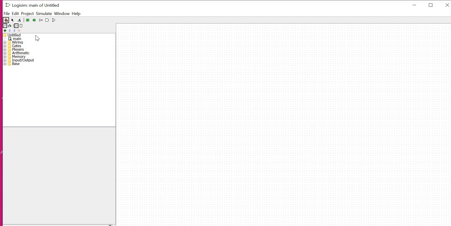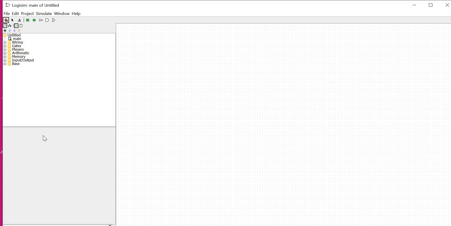Here on the left side of the Logisim window, you can see 3 windows. The first window consists of all the modules. Here you can pick any module, any gate or any IC or any particular device, and below you can see the properties window.